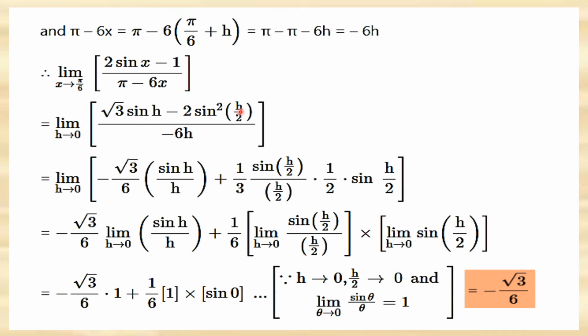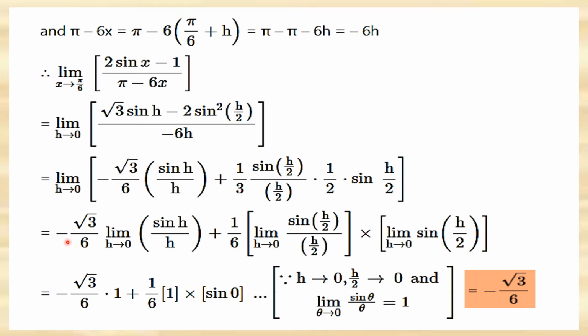So we'll make the adjustment here. Sin h by 2 upon h by 2. That is, we divided by 2 with this h, and into 2 also taken, so h by 2 into 2. So h by 2 is taken with the sin h by 2, that is sin h by 2 by h by 2, and the extra 2 is divided here. So 1 by 2, and one sin h by 2 is written here separately.